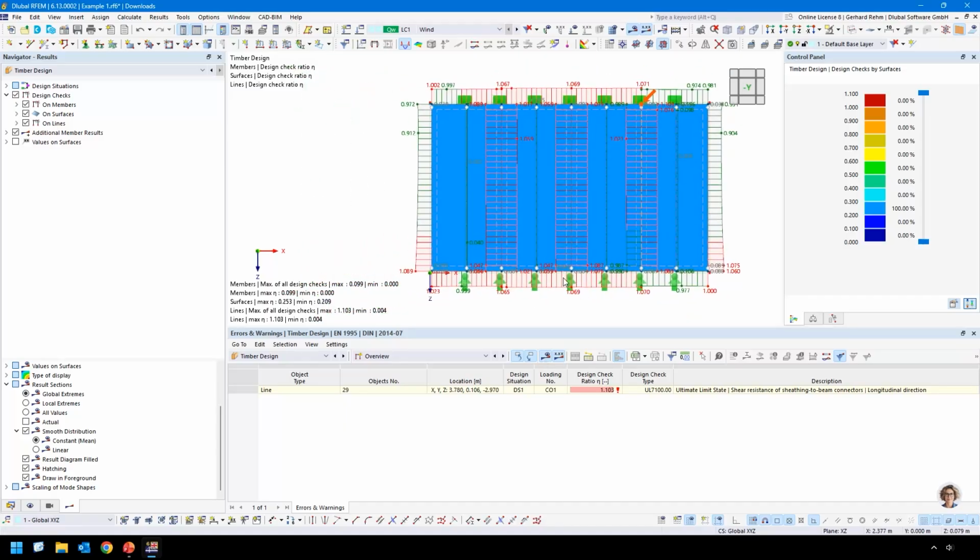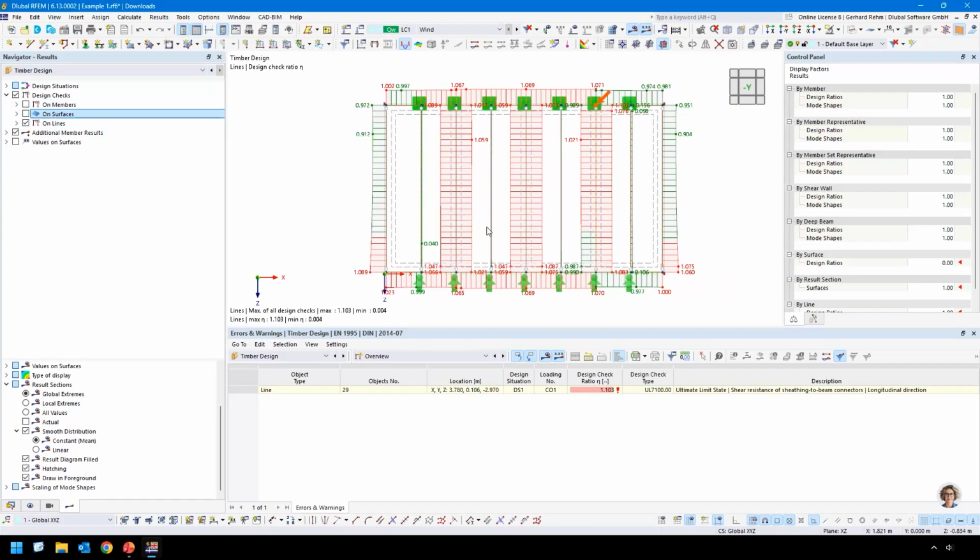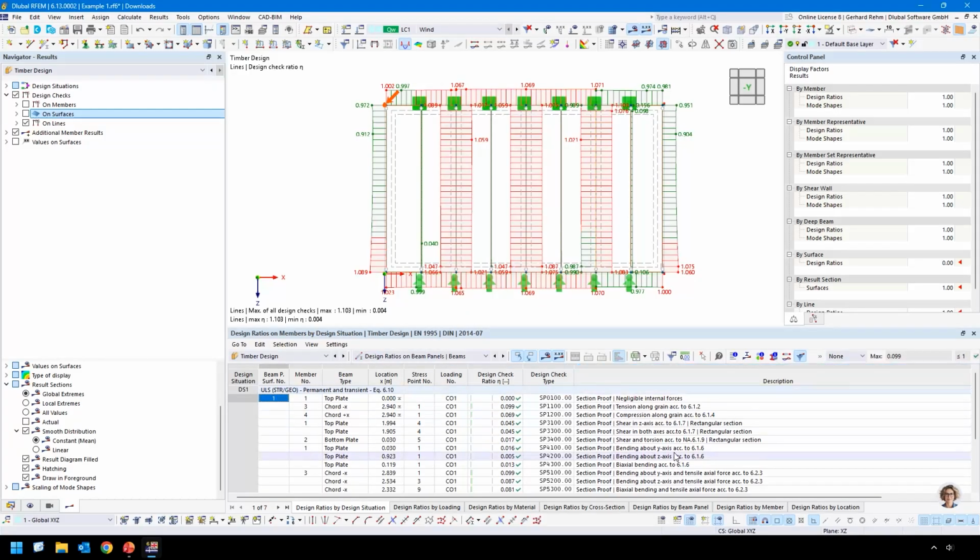Okay, and these are the results for now. So we see some green and red color. This is our classical interpretation. Green means the ratio is fulfilled, and red means, okay, here we have some issue. The ratio is exceeded by 10%. So let's go inside this detailed check. So here we have a new table, design ratio on beam panels. And here, for example, we can see, oh,